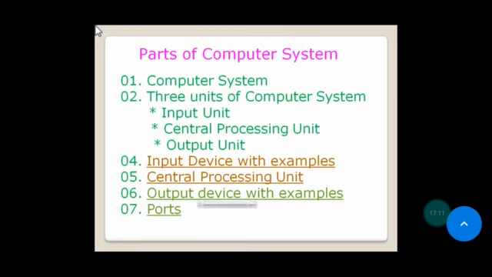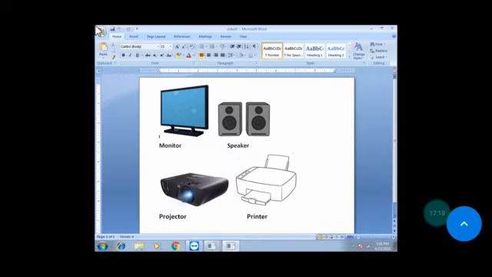Now, next part is output device with examples. Output devices are hardware equipment used to display the results of data processing carried out by the CPU of a computer. First one, monitor. It displays all the visual output that CPU produces after processing the input.